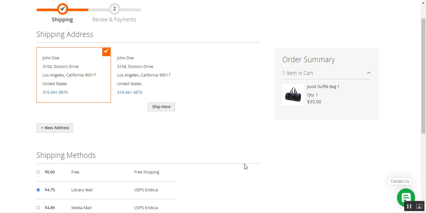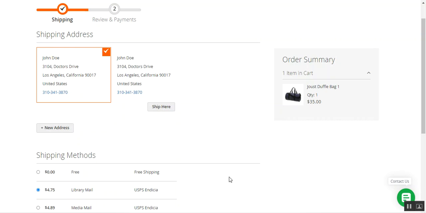Today we'll be checking out our new plugin, that's the Magento 2 Endicia Shipping plugin. With the help of this Endicia Shipping module, the admin can integrate the Magento 2 store with the Endicia platform for creating USPS shipments. The extension will allow the admin to directly create shipments for orders from the Magento backend, and moreover, the admin can check the Endicia account details, buy additional postage, and print USPS shipment labels in PDF